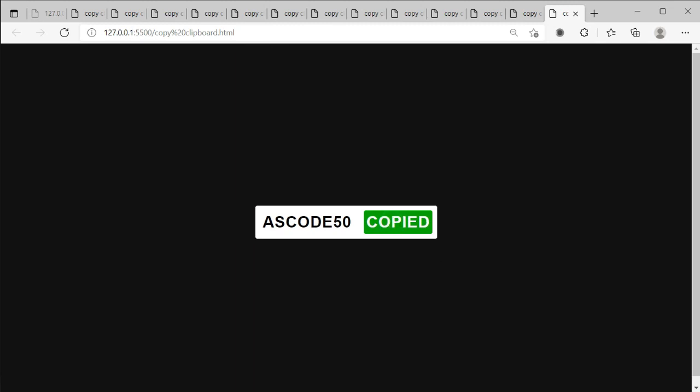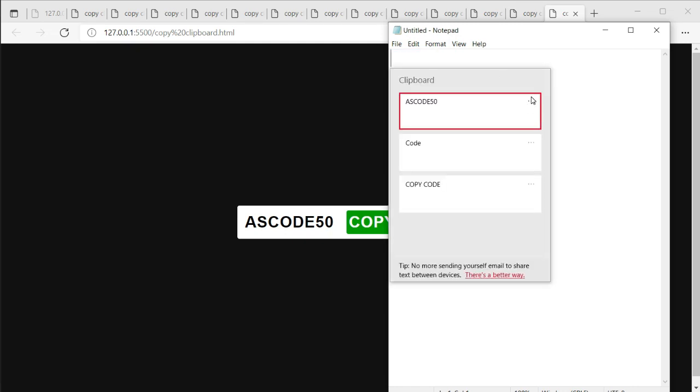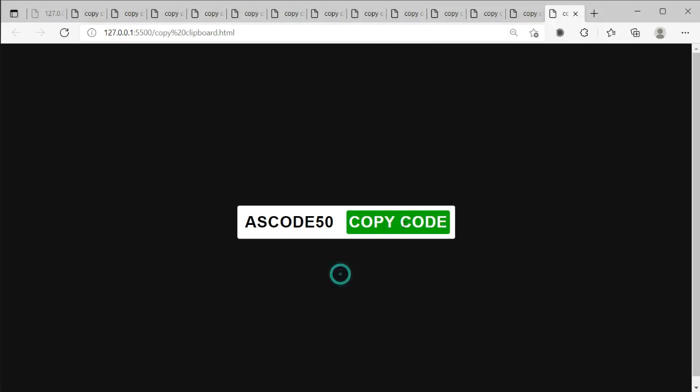So let me open it with live server, and let's click on this copy button, and let's replace that. You can see that this code is successfully working here. This code you can see here. Let me show you, if you have any doubt about this. First of all, let me clear my clipboard. Okay, cleared all of it. Now let me click copy again, and let's paste here. You can see that the code is successfully copied.